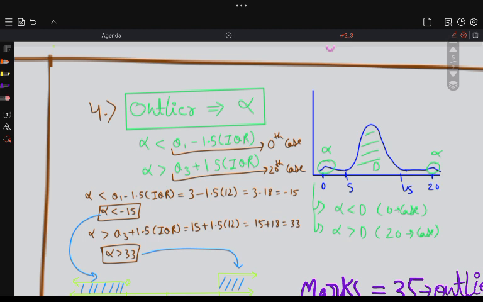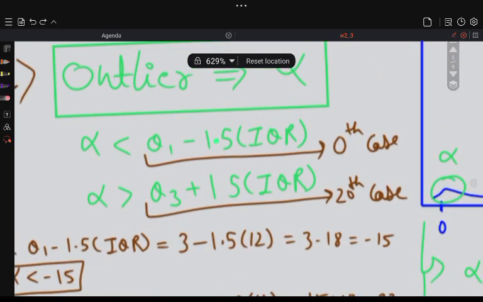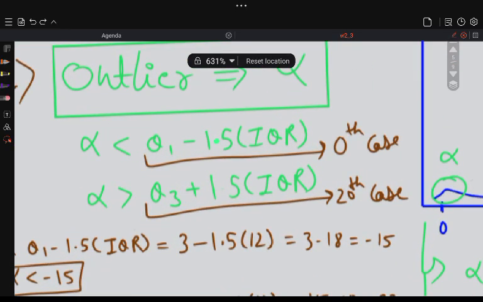So outliers can be of two types, either very small or very large. The zeroth case in this example is the first outlier, and the second outlier is the 20th case, which is larger. So to calculate outliers, there are two types. For the first one, the smaller one, the formula is Q1 minus 1.5 times the IQR, and for the larger one